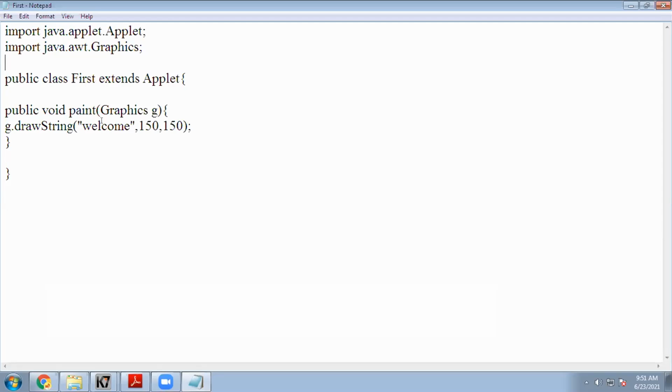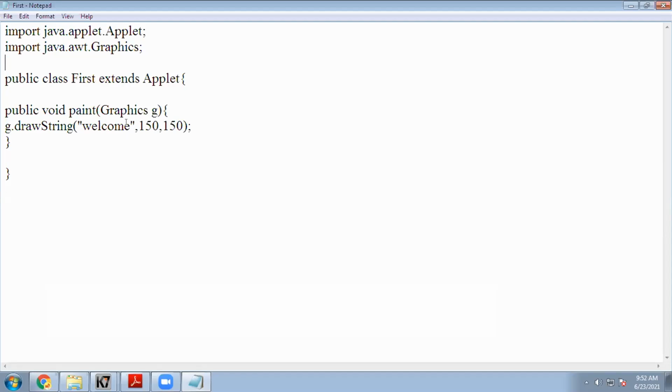Overriding means some separate action is being done here. drawString is a method of the Graphics class. Using this, I would like to show a welcome message at the position 150 pixels by 50 pixels.